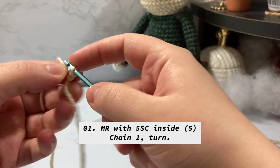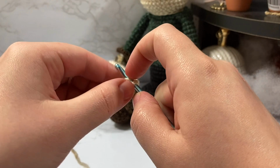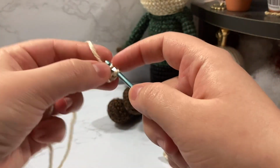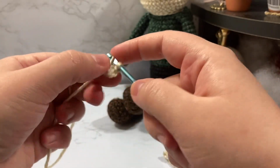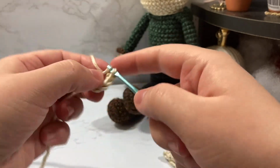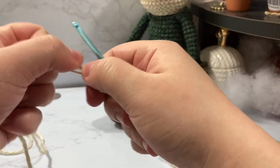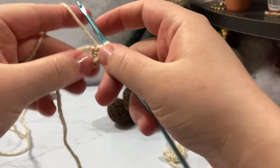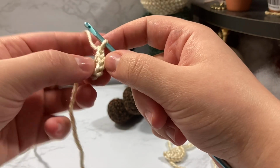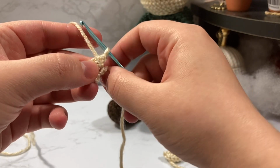So we're going to go 1 chain, 2 chain, and then inside that chain you're going to place 5 single crochet. So 1, 2, 3, 4, 5. Your hole's big, that's fine. Go ahead and pull that nice and tight, and then chain 1. This is where we're gonna change things up a little bit. Now turn your work, and I like to keep my tail as if it is a piece of my work,